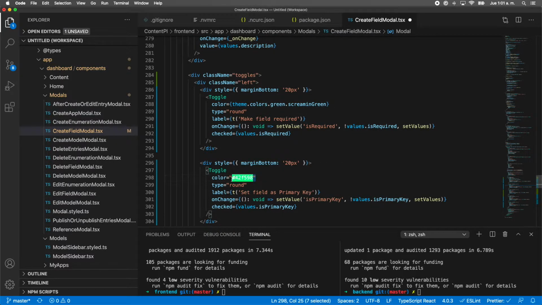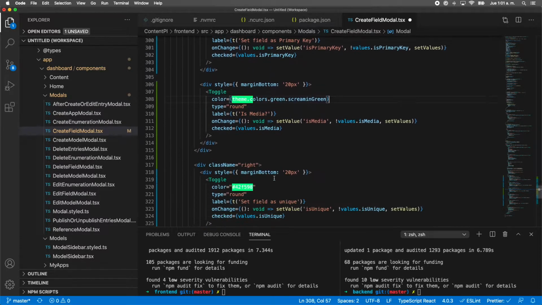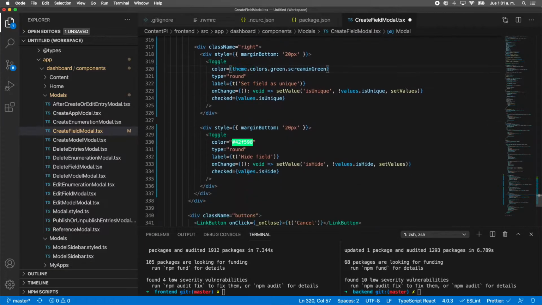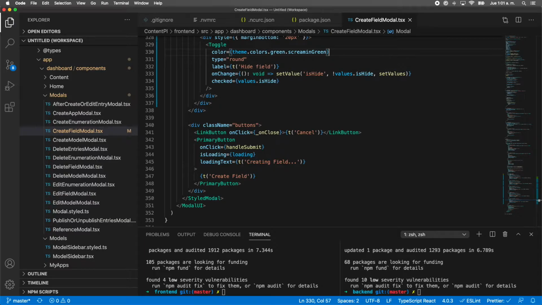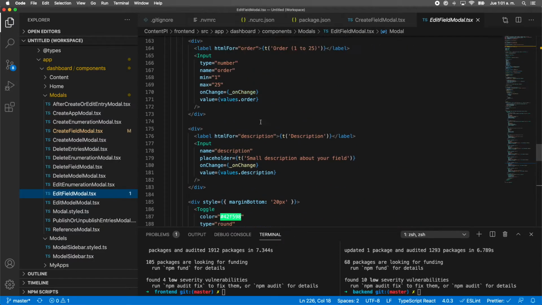This is already registered on the theme file, so it's the same green color. Okay, so now let's go to edit field modal, and we are going to do the same,